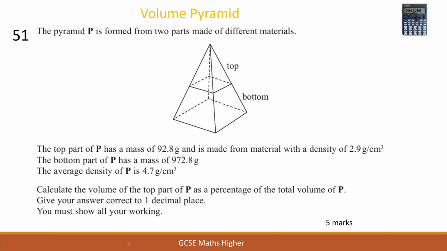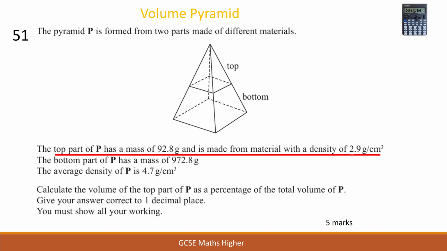Fantastic. So hopefully you've managed to have a go at working out the answer to this question in here. So keywords in the question are, we've got a pyramid formed of 2 parts made of different materials, so a top and the bottom. Now, the top part, P, has a mass of 92.8 grams and is made from a